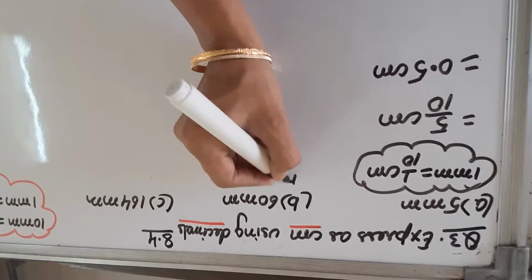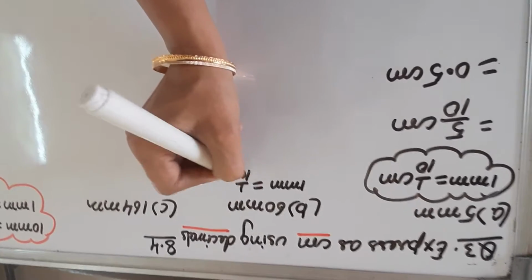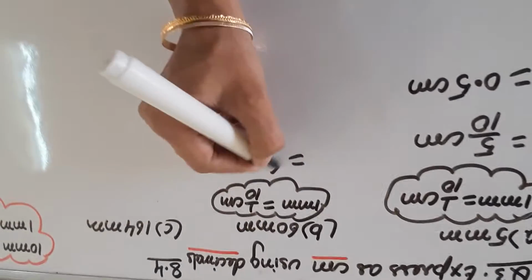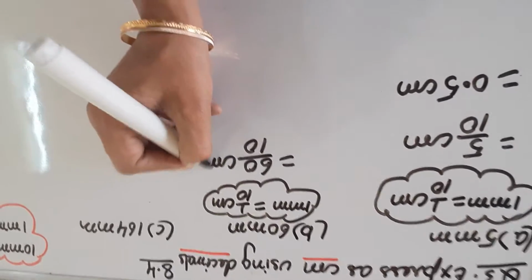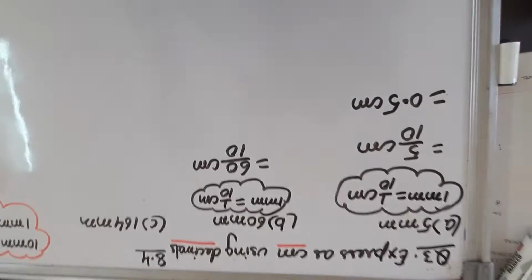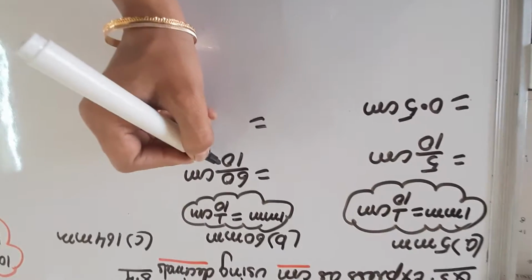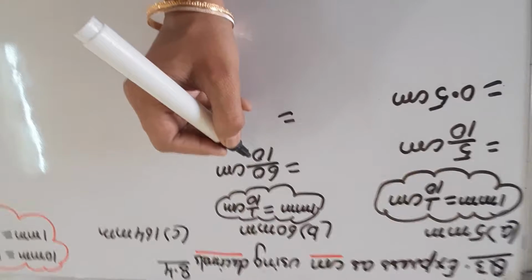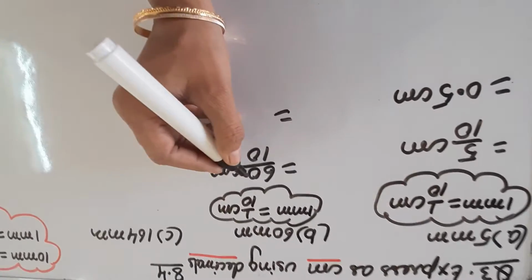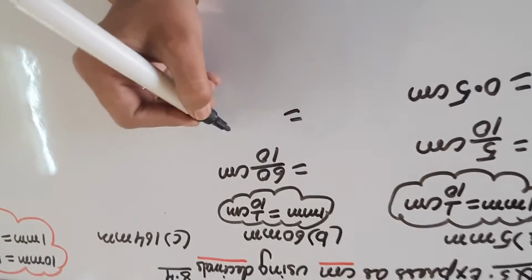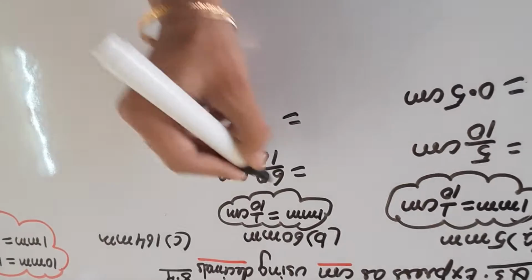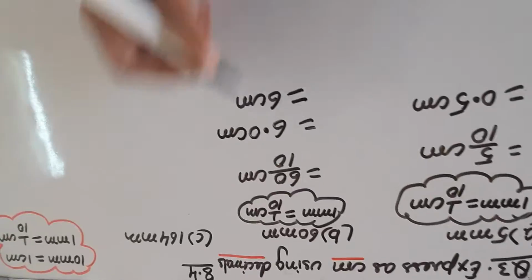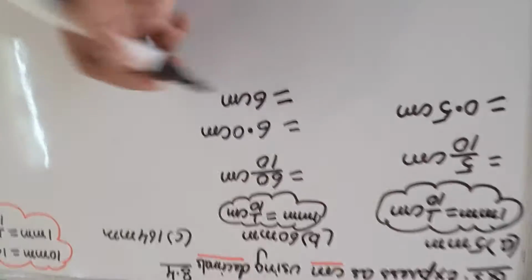Now second, once again let us write 1 millimeter is equal to 1 by 10 centimeter, right? So let us divide the given number 60 by 10, then it will get converted into centimeters. Now either you can cancel out or you can place the decimal for this 10. 10 carries 1 zero, so we will leave only one digit after the decimal. So that one digit will be 0, then a decimal, then 6. That means 0.6 centimeter, or we can say 6 centimeter. So by cancelling out, we will get 6 by 1, that is 6 centimeter.